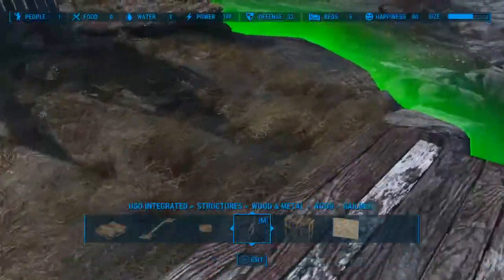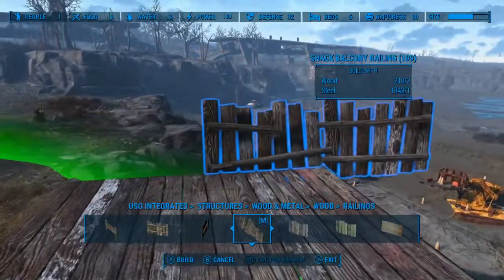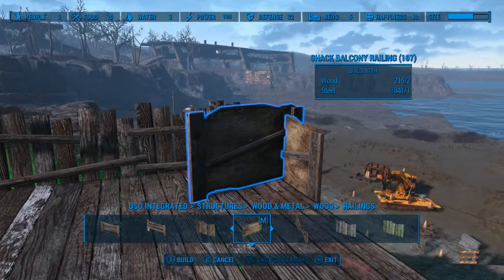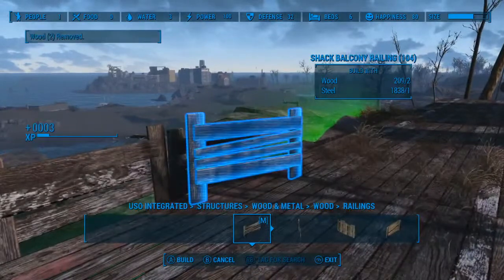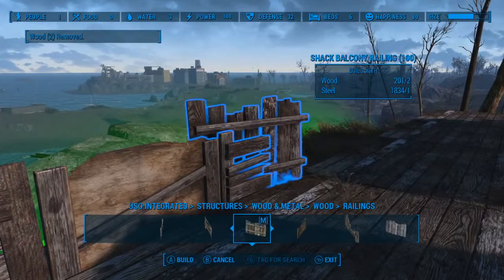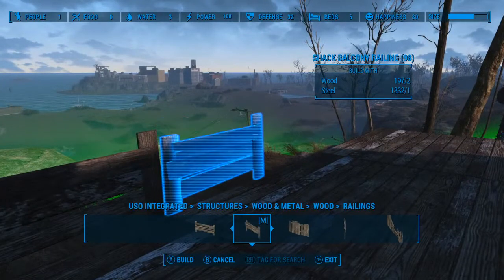Now we just need a guard post at this corner. So let's block that with that. Semi-solid looking structure on this corner. Try and keep the variety going. Just so it's...